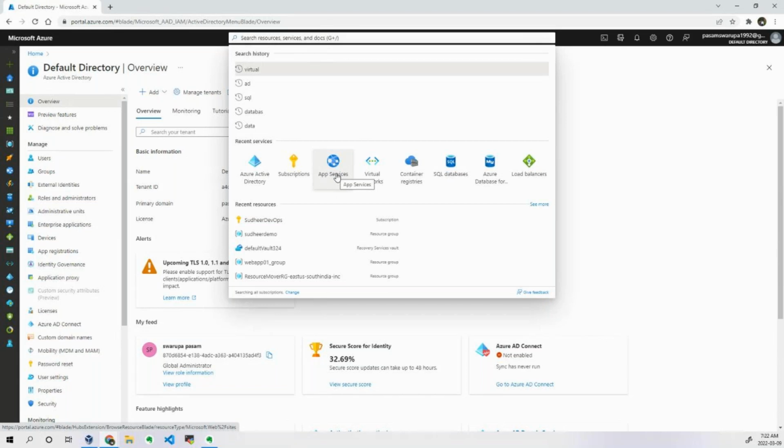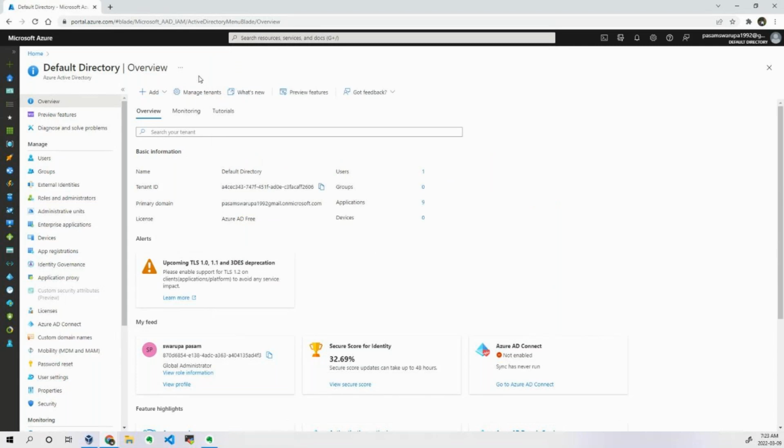If it is a valid user, he will continue. If he is not a valid user, where Azure Active Directory is telling that he doesn't have permission to access this, then it will deny. So these services are relying on Azure Active Directory for authentication and authorization. This is called a trust relationship, which is established between your Azure services and your Active Directory.